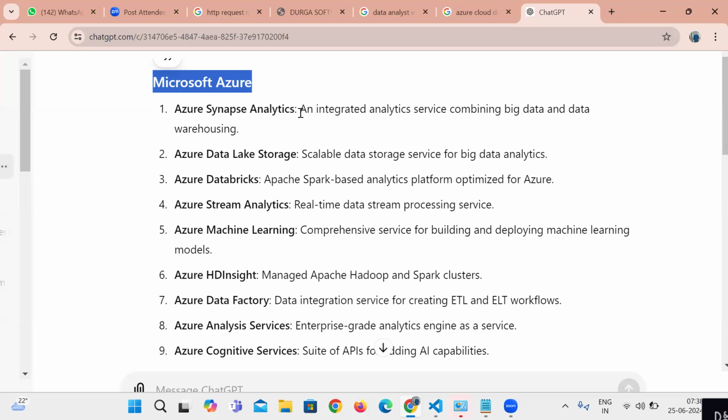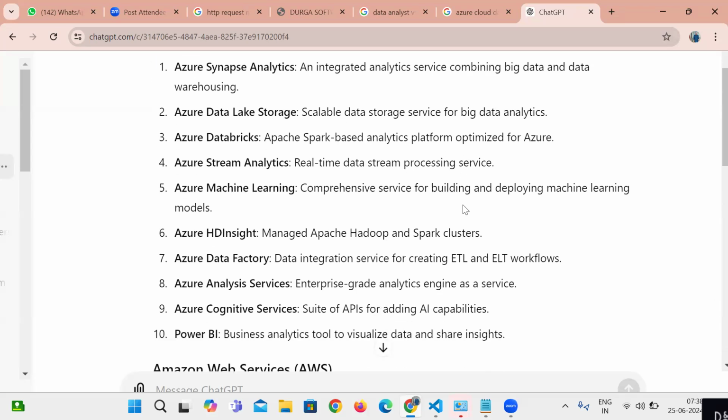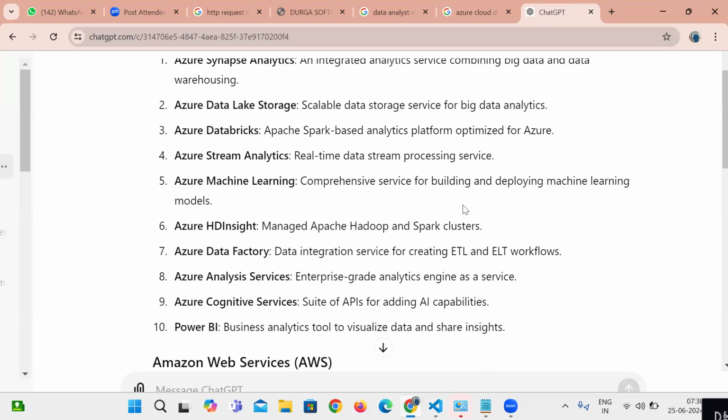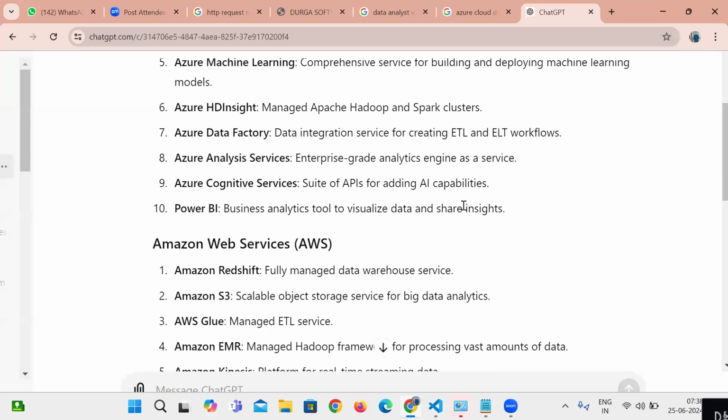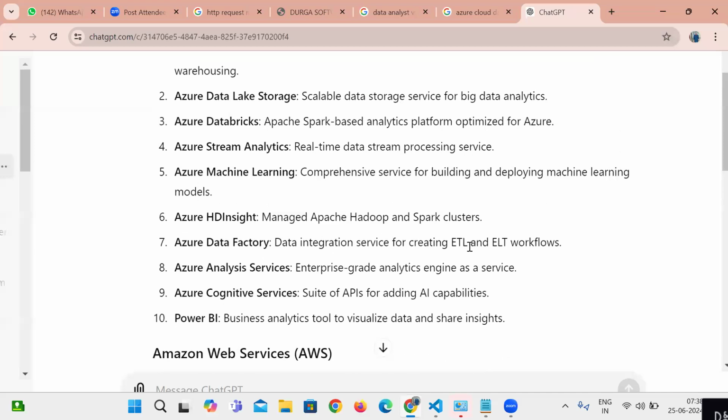See, Azure Synapse Analytics, an integrated analytics service combining big data and data warehousing. Azure Data Lake Storage, scalable data storage service for big data analytics. Azure Databricks, Apache Spark based analytics platform optimized for Azure. And real-time data streaming services. Because nowadays companies everyone are using Azure Data Cloud, the AWS Cloud. So they will be asking if you know the services or resources, how you make the automation in the cloud. That's what is important. And taking the example of Azure Data Factory in Azure Cloud,